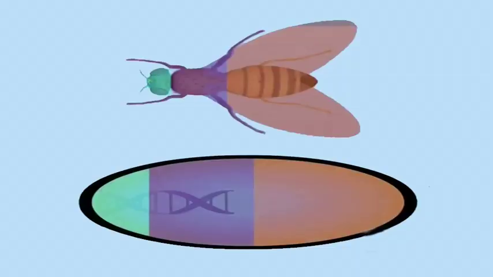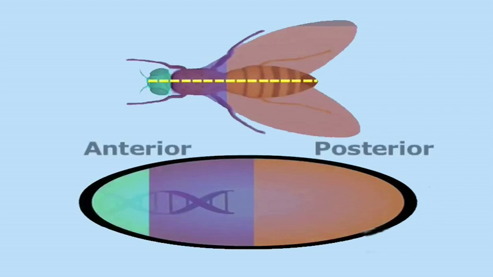Let us learn with an example of anterior-posterior axis patterning in Drosophila. One of the best understood examples of pattern formation is the patterning along the future head to tail, that is anterior to posterior axis of the fruit fly Drosophila melanogaster. The development of this fly is particularly well studied, and it is the representative of a major class of animals,